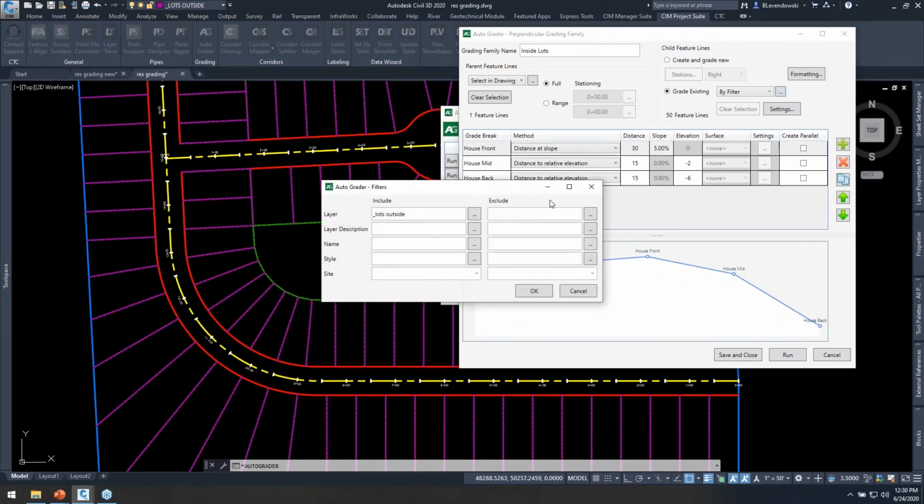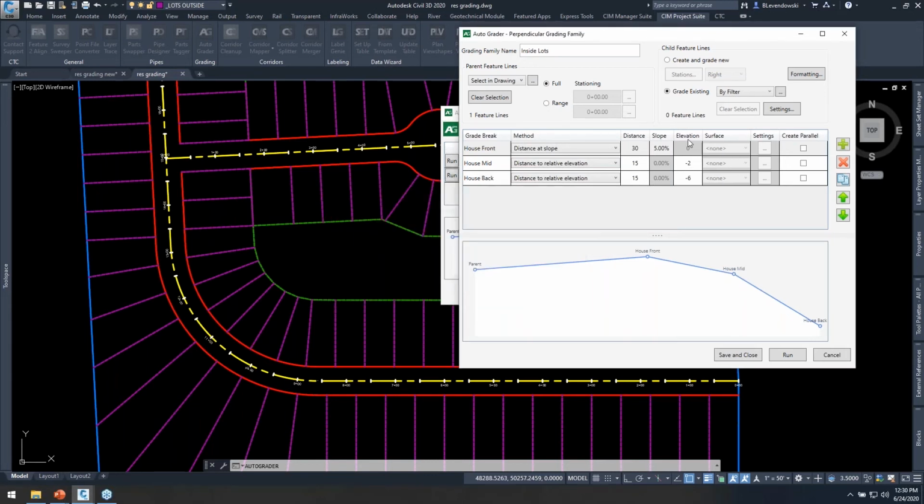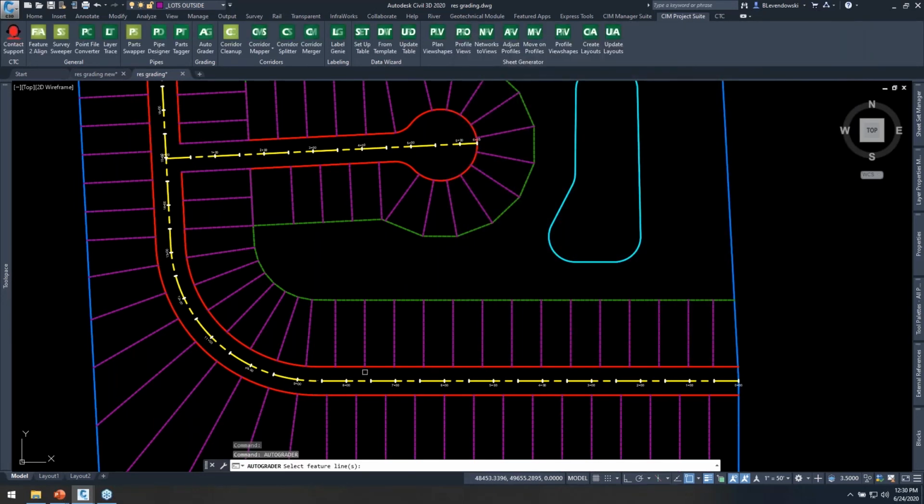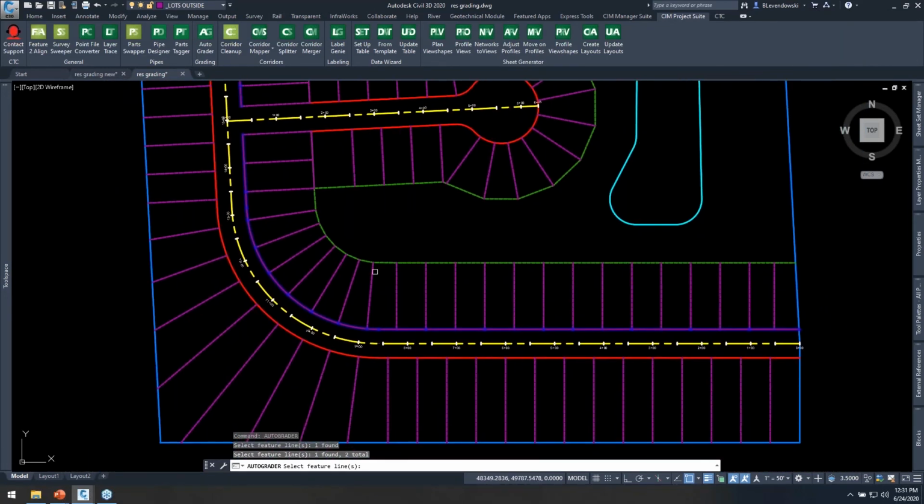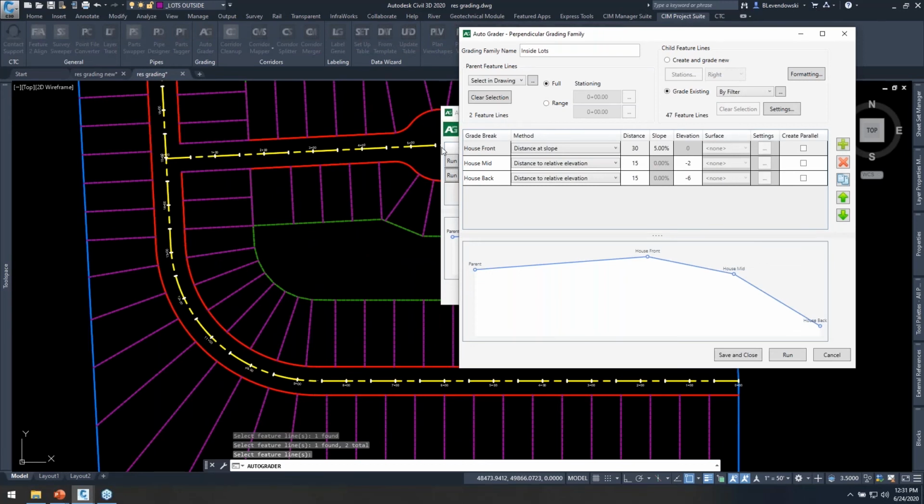I need to go into my filter here. This time we're grabbing lots inside. And I'm getting 0 feature lines, and it's because I need to grab different right-of-way lines. My parent lines are these ones right here, okay? So it's all about the relationship between the parent feature lines, right-of-way lines in our case here, and then the child feature lines. So now it's finding 47 feature lines because they're within that fuzz factor of the